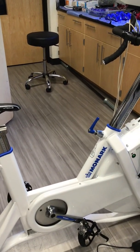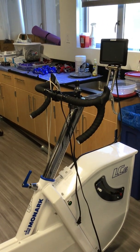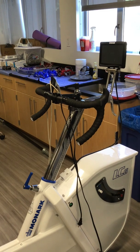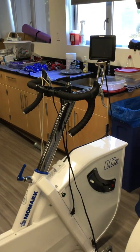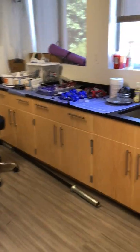So there's the name, another very commonly used one. This is the bike that we're going to use for Lab 3 when Sean does the Wingate test. It has a special software that we need to use for that so we can see the power that he's going to be putting out while he's pedaling the bike here, and display screen up there. All right, so those are the 3 bikes